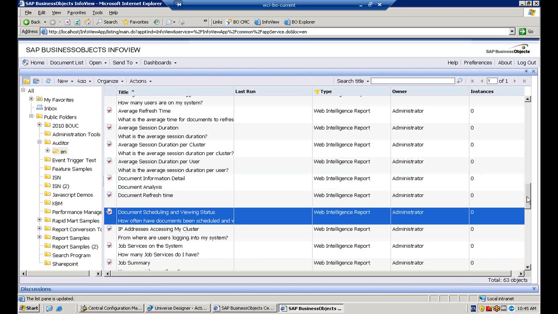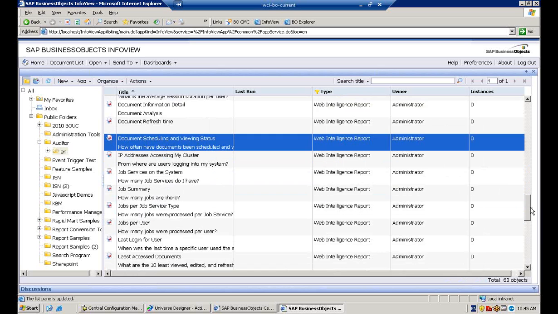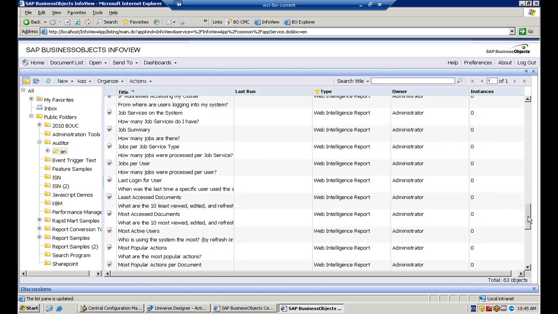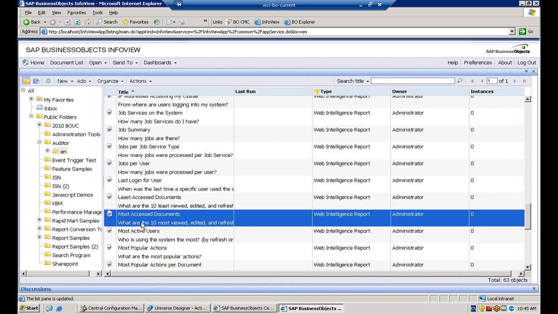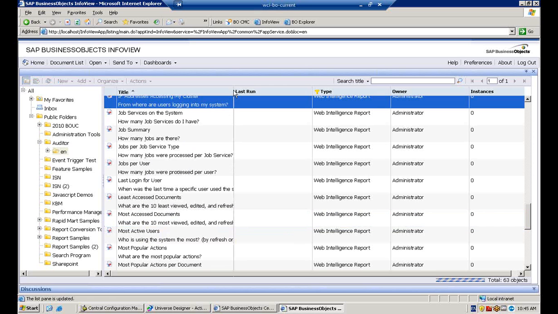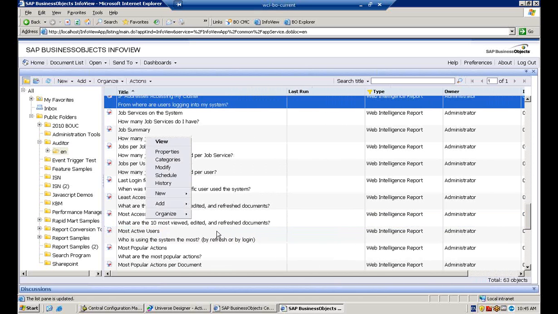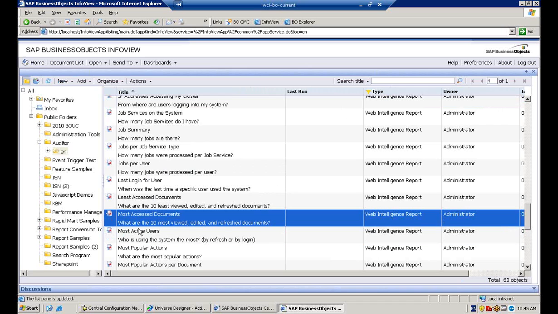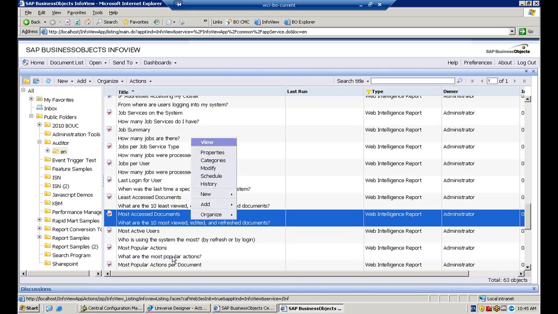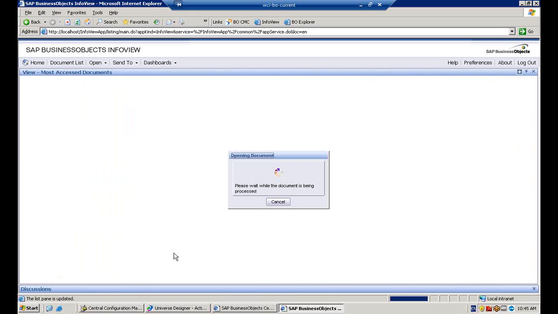And here, if you scroll down a little bit further, you'll see a list of other ones in here. A good one to look at is the most accessed documents. In here, under our comments, it tells you what the 10 most viewed, edited, and refreshed documents are. So if I look at this report, and I wanted to run this report,